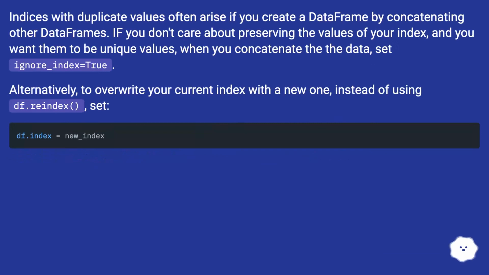Indices with duplicate values often arise if you create a data frame by concatenating other data frames. If you don't care about preserving the values of your index, and you want them to be unique values, when you concatenate the data, set ignore_index equals True. Alternatively, to overwrite your current index with a new one, instead of using df.reindex, set